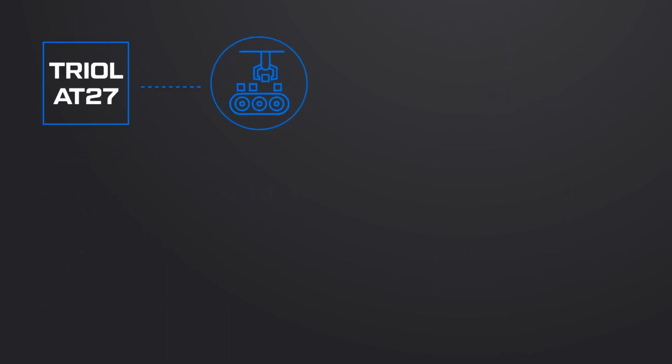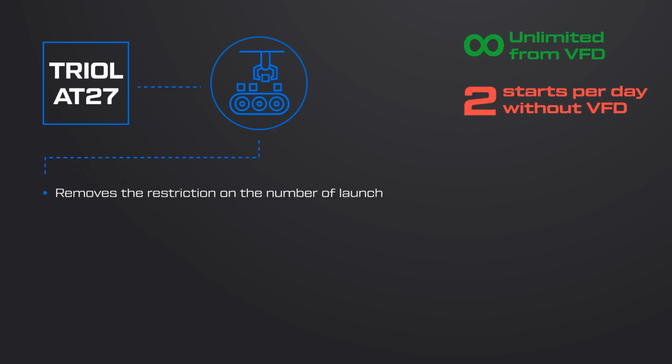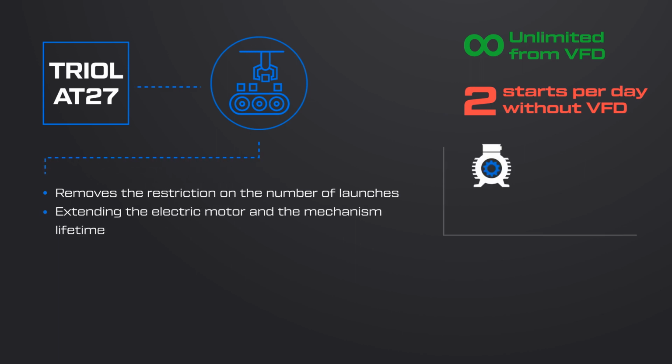Conveyors, rolling mills. This is the segment of the market where the use of medium voltage frequency drives makes it possible not only to improve, but to qualitatively change the operation of technological equipment, extend its lifetime, and reduce the time of repair work. The main benefits of using medium voltage frequency drives are: removes the restriction on the number of launches per day, extending the electric motor and mechanism lifetime, in particular the gearbox, due to the limitation of